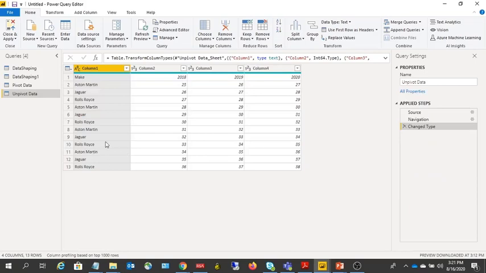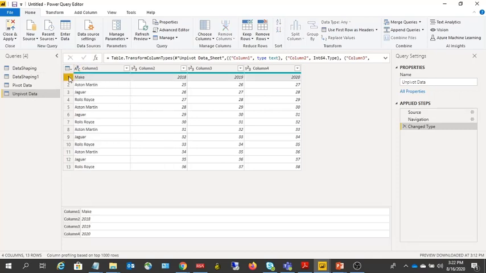Okay, now we are back in our Power BI Power Query editor. Now you see there is a data unpivoted data query, which has a data like this. If you look at this one, actually the first row in this table are actual column headers, right? Whatever you see, column 1, column 2, column 3, column 4, they are not the headers, but the actual headers are now appearing as a row, right? So we need to move this to a column headers.